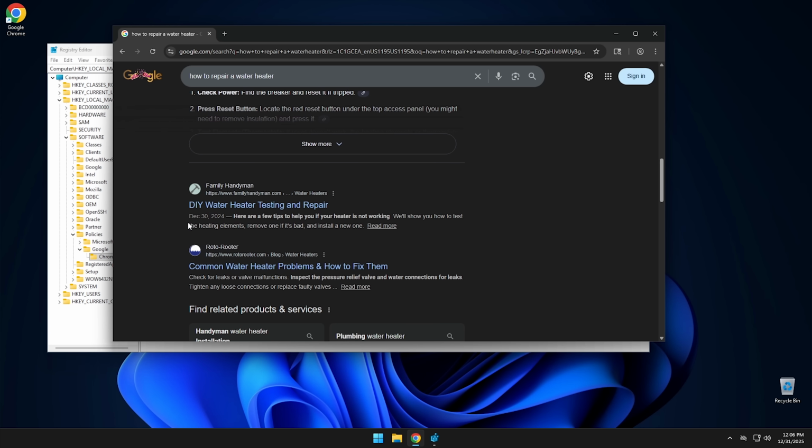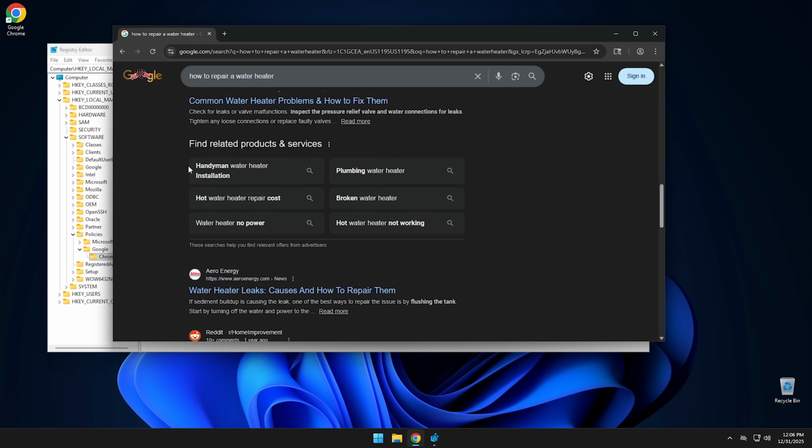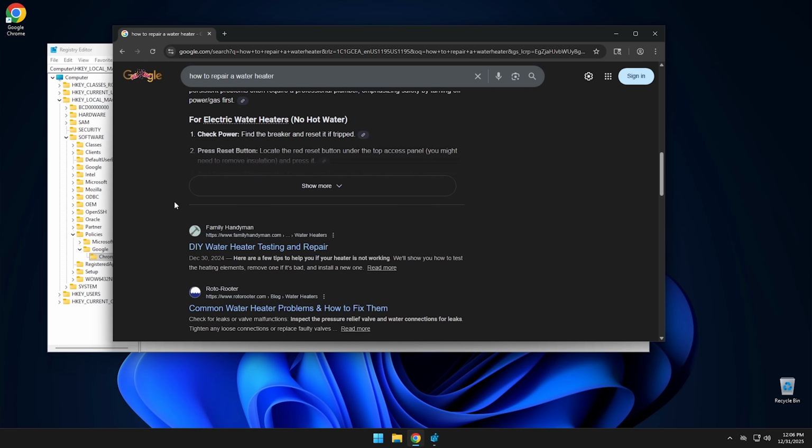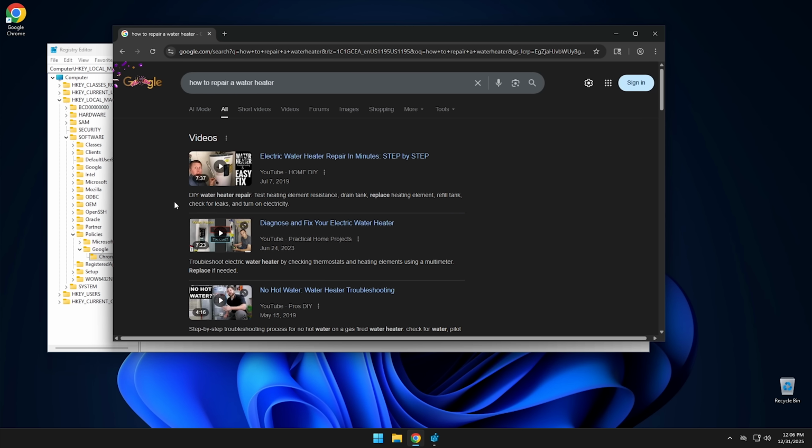And as you scroll down, you finally get into the regular search results just to go find related products and services right out of there. We don't have the old Google like we used to. It's inundated with all of these other features that take up the majority of the search window when we're trying